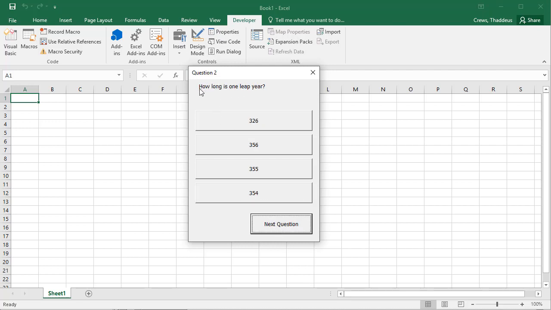Question 2. How long is one leap year? That probably should say days, but 326, 356, 355, 354. Question 3. Which ocean is on the west coast of the United States? What is 95 plus or minus 9? The Earth revolves around, and then when I hit next question this time, since there's only 5 questions in my